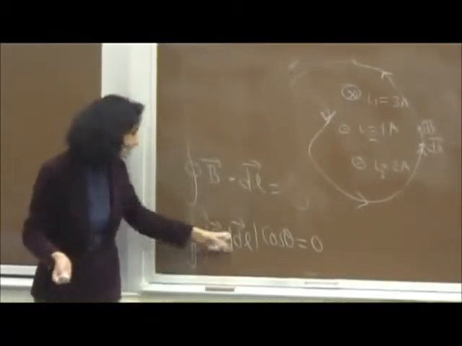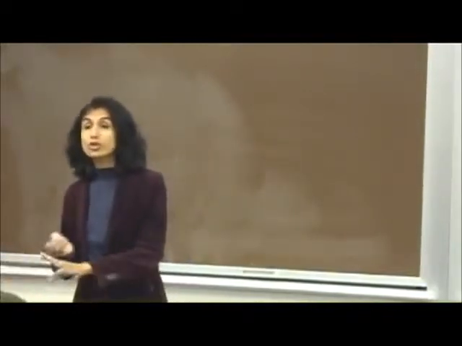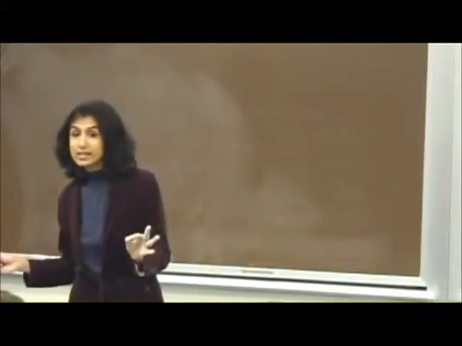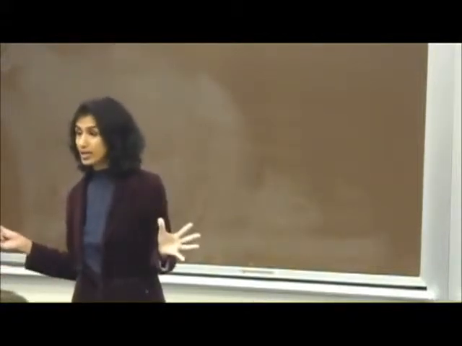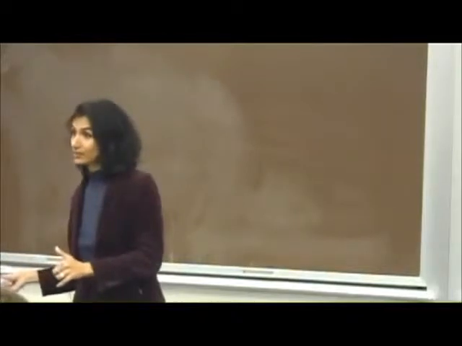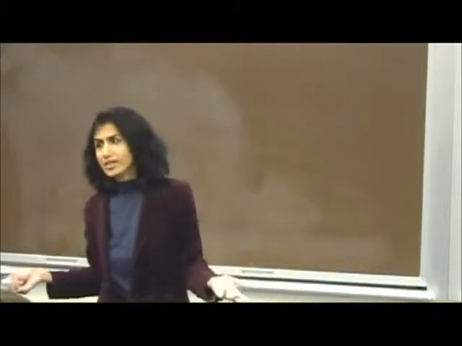All this is saying is that integral B dot dl is 0. It's not saying the magnetic field is 0 at every point on that loop. Those kinds of conclusions you're not able to make unless you can assert from some symmetry in the problem that you can pull out the magnetic field. If the magnetic field is out of that integral, and then you are getting a 0 on the other side, then yes, you can say the circumference is not going to be 0, and so the magnetic field itself is 0, but not in this case. Is everybody convinced that here it means nothing in terms of what the magnetic field magnitude is at different points,